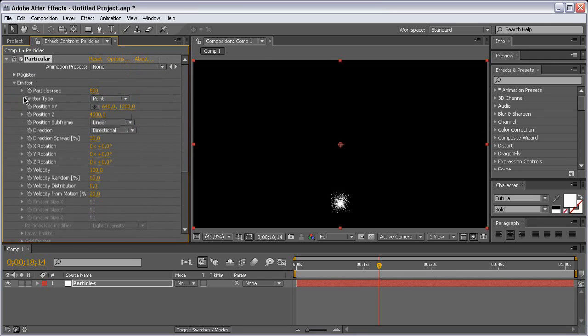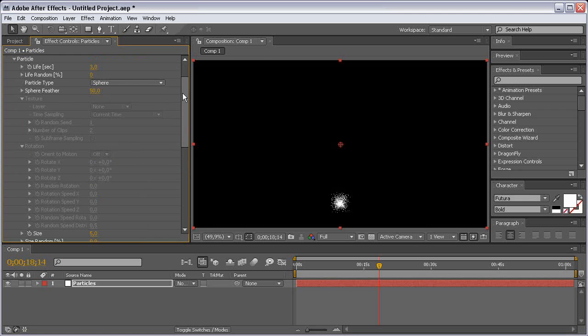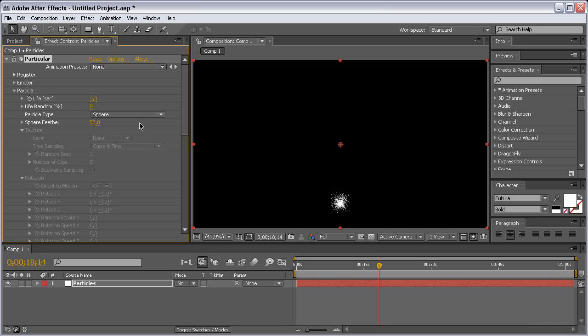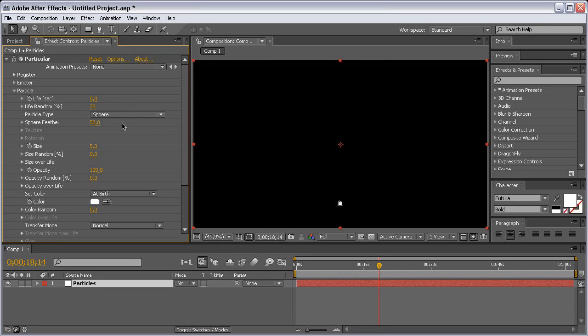Let's move on to the particle and let's see what we've got here. We have particle life, which by default is set to 3 seconds, but we are going to change that to 0.8 maybe, or something lower than 3 seconds. And life random, let's set this to 25% and increase the sphere feather to 100, and also increase the size to 120, and